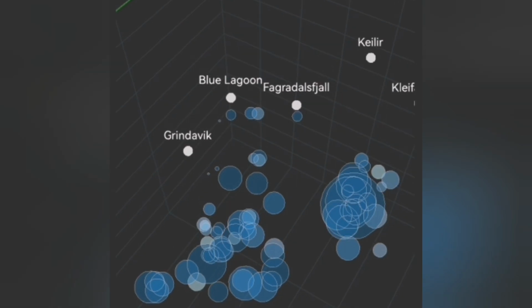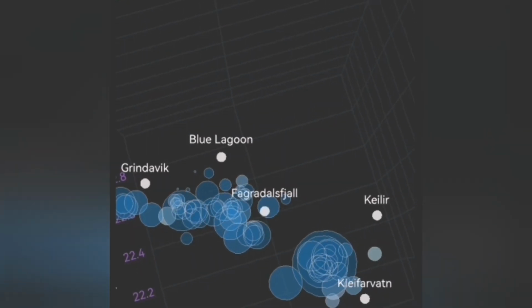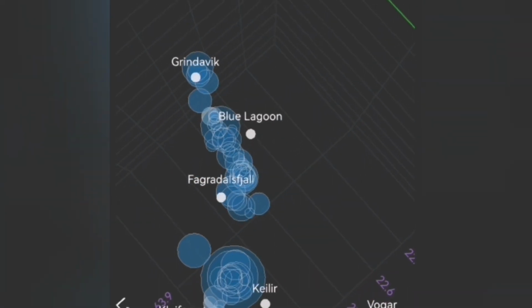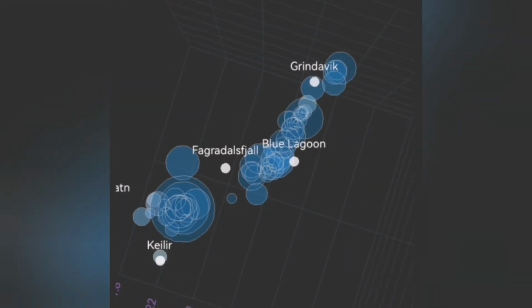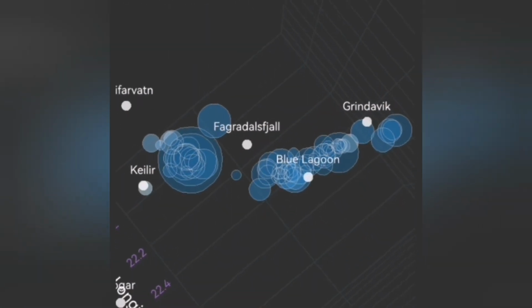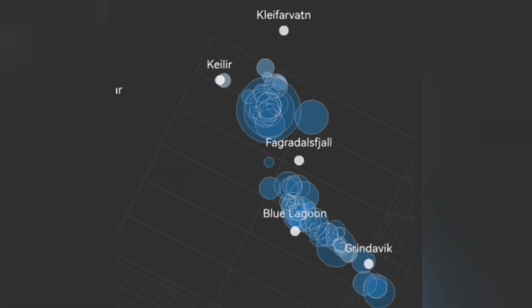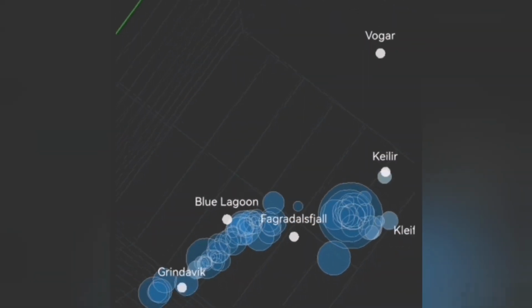You can see under Grindavík we don't have many earthquakes, the most at a depth of 5 kilometers. That's where most of the tectonic earthquakes happen. But the ones that rise to a shallower depth are the ones that can open up the way for the magma to rise. Under Grindavík we don't have them, but north of Grindavík at Hagafell we have a